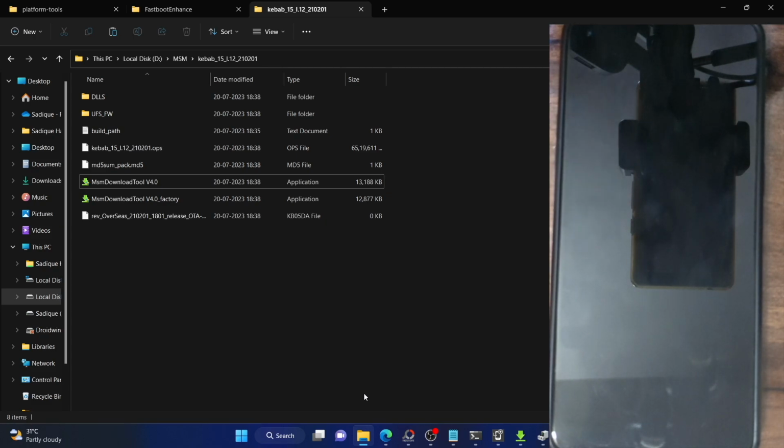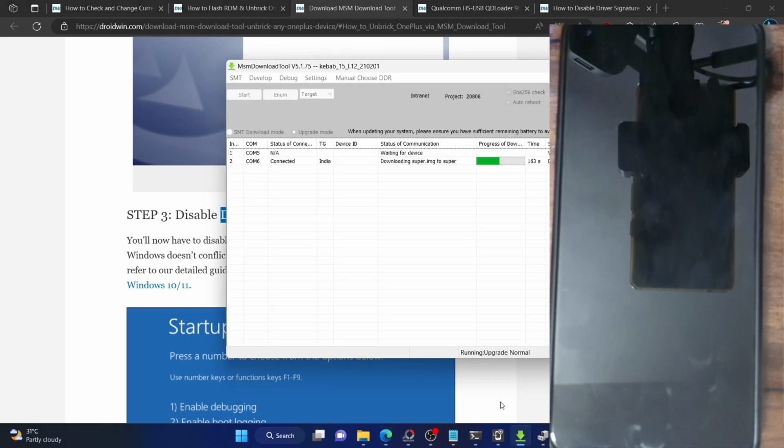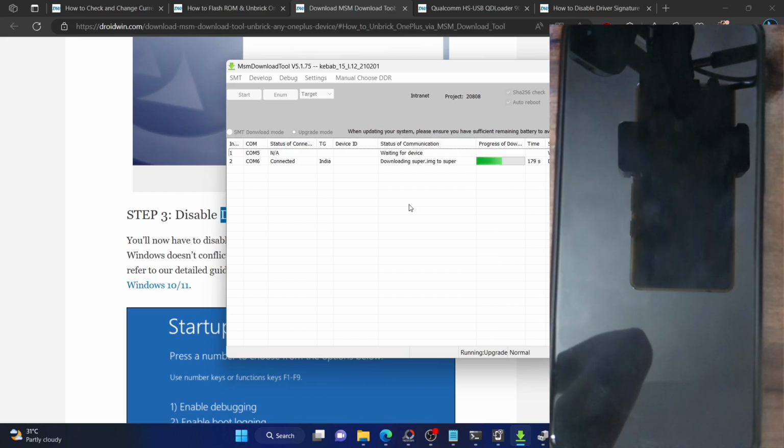So as of now, the flashing is going on, and in MSM tool, the flashing takes around 500 seconds at the very max. In some cases, it might take up to 600 seconds as well. But at least it's the short method that your phone will now definitely boot to the OS. The only drawback, or well, let's not call it a drawback, the only limiting factor with MSM tool is that we only have it till Android 11. We don't have the MSM tool for Android 12 or 13. So after you have booted your phone to OS, it will boot to Android 11.